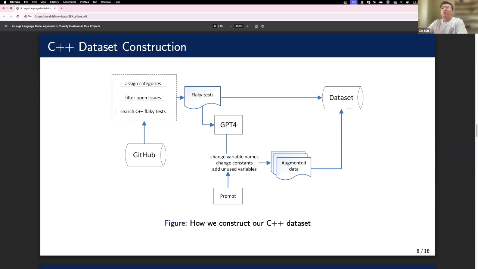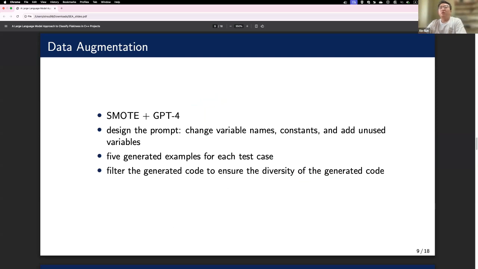However, even after this process, our dataset was still quite small. To address this, we also used a hybrid data augmentation approach, combining the SMOTE method and GPT-4. SMOTE is a statistical method for oversampling minority classes, and GPT-4, as we know, is a very powerful large language model.